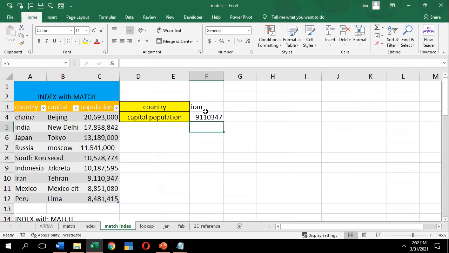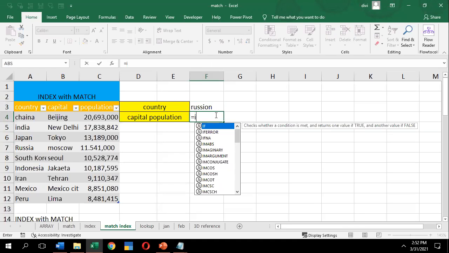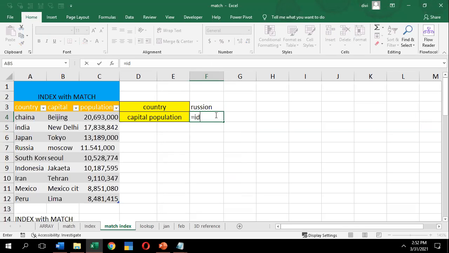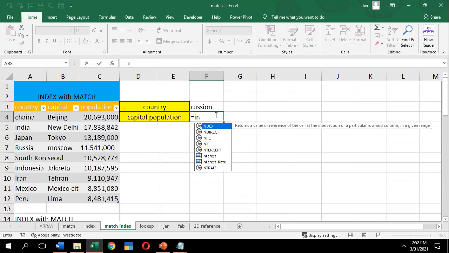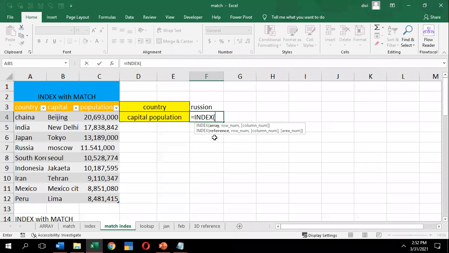Just repeat it. I'll just change the country name. I'll use Russia. Now I want the Russian result. I'll use equals INDEX. What I want is the population result, comma, and I want it from the country name.